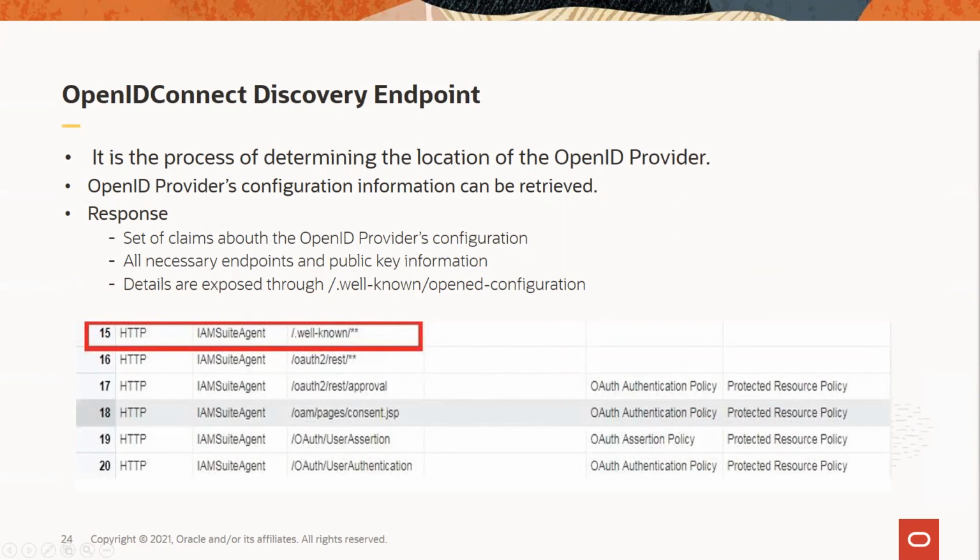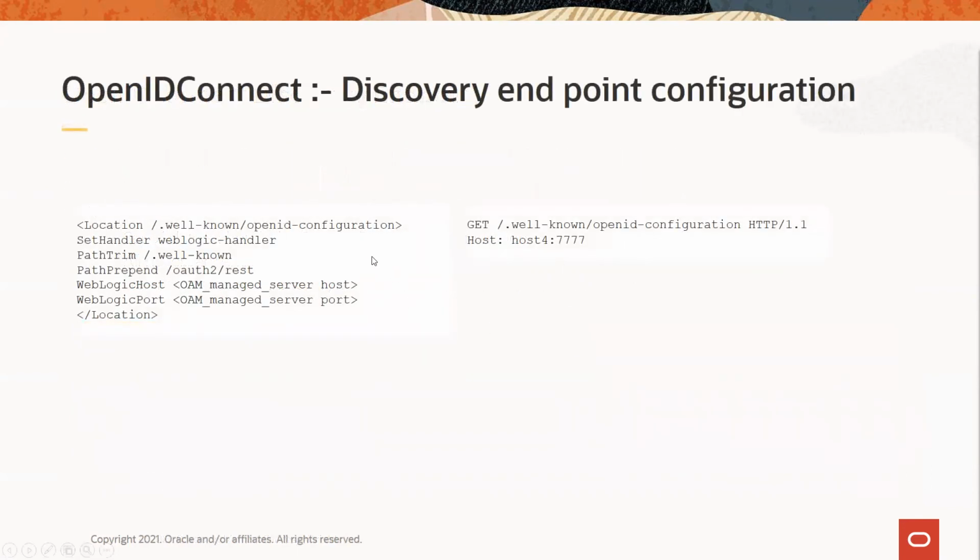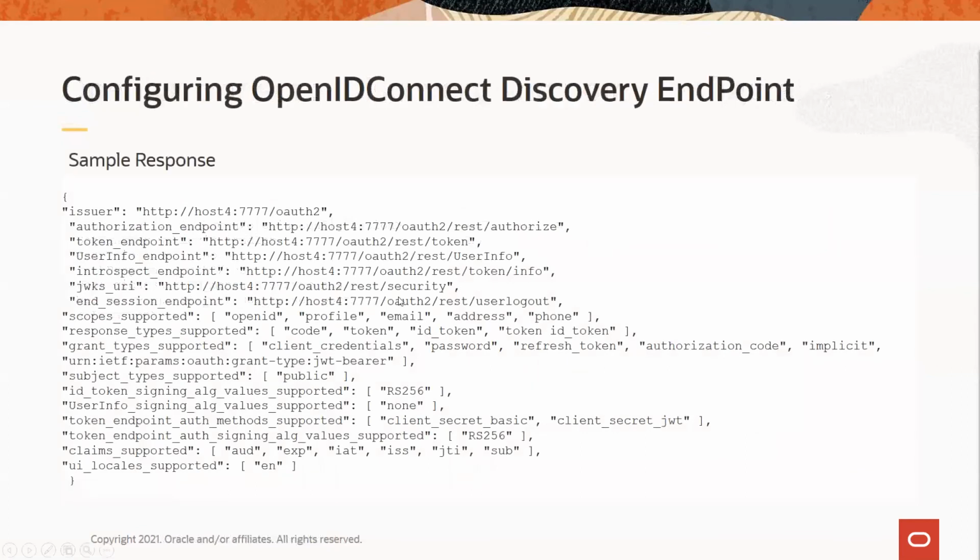And we will set the well-known resource configuration in the mod_wls_ohs.conf file. Let's look at this in the coming slide. This is the configuration under the mod_wls_ohs.conf file, where you specify these endpoints, export the well-known, and specify the Oracle Access Manager host and port. By using the GET option on this exported well-known OpenID configuration, it basically returns all the endpoints which are associated here.